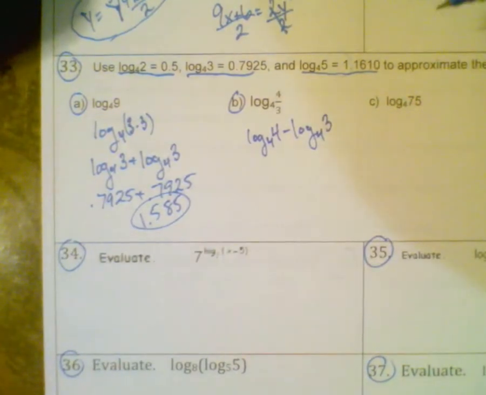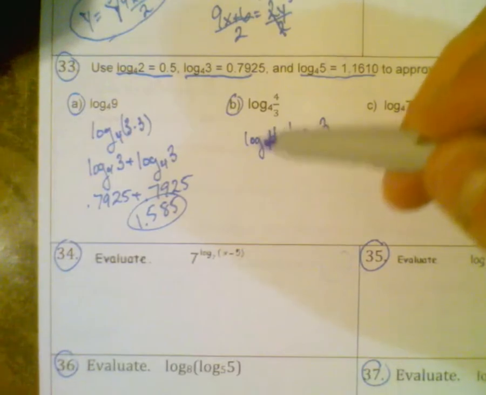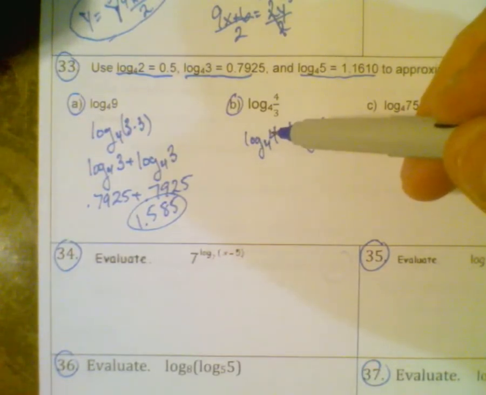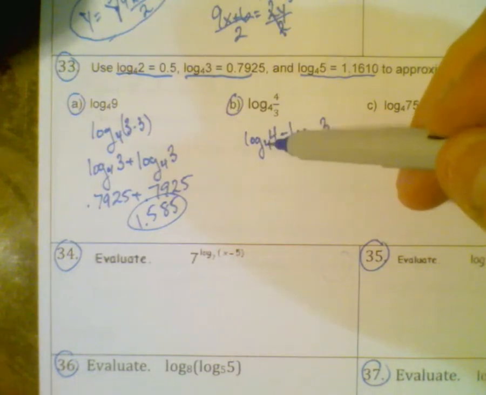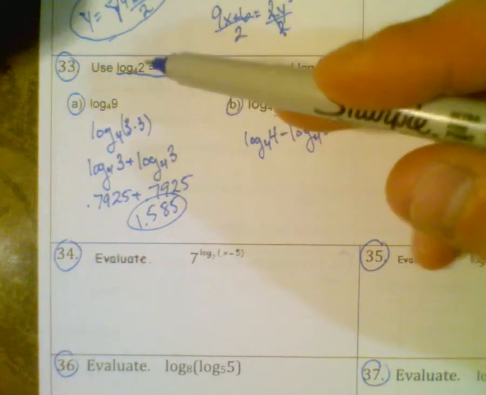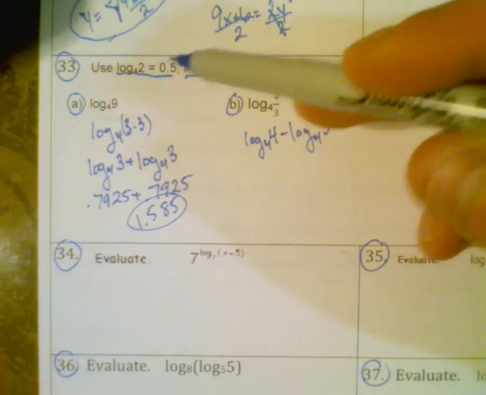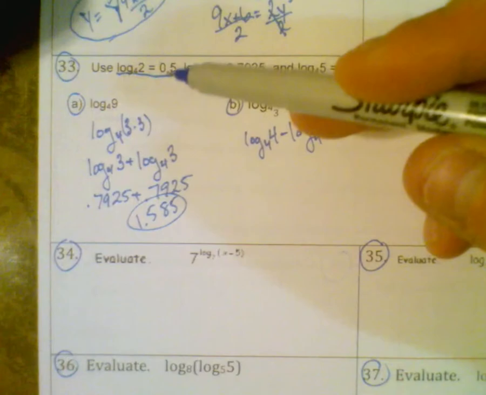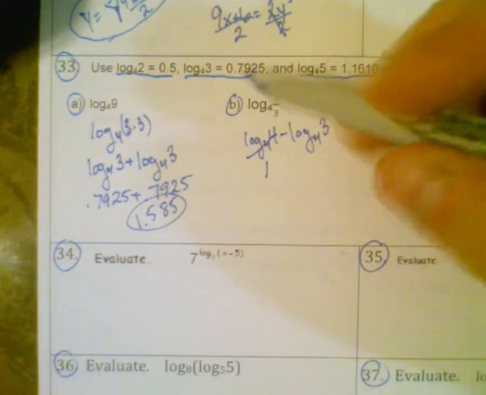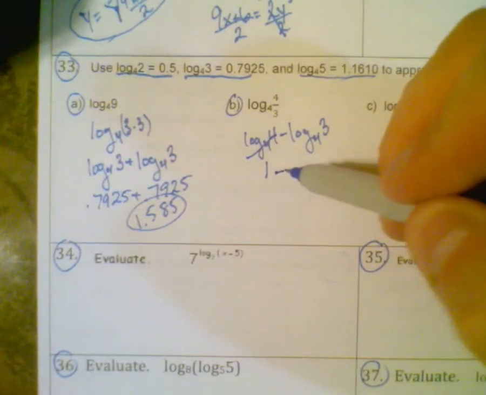Now there's two directions you can go with this. You can take the easy route, which I would do. Log base 4 of 4 is just a 1, because anytime you have the base match the thing inside the log, that's a 1. Or you could split the 4 up into 2 times 2, which would be that twice. 0.5 plus 0.5 is 1. So either way, that's a 1 minus log base 4 of 3, which is that, minus